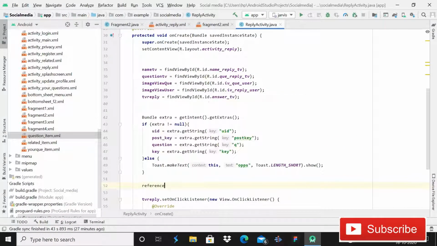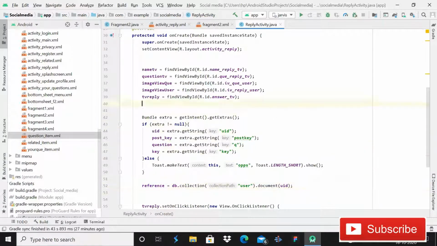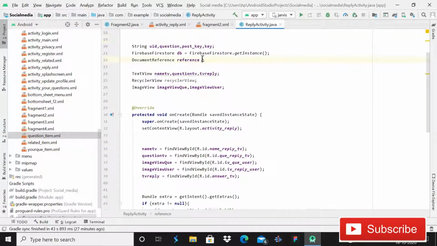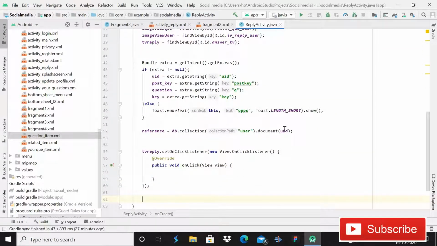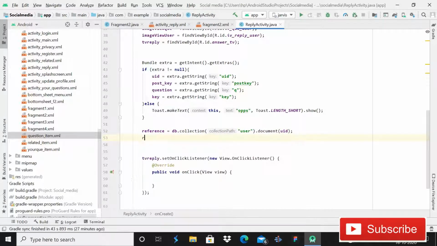After getting this user ID, we have to give the reference. So simply write reference, that is for DocumentReference equals db.collection, that will be user. So what I'm doing here is user, then document, and that will be uid. So this is a reference, and we need one more reference, that is for the data. Reference 1 is for the user, and reference 2 is